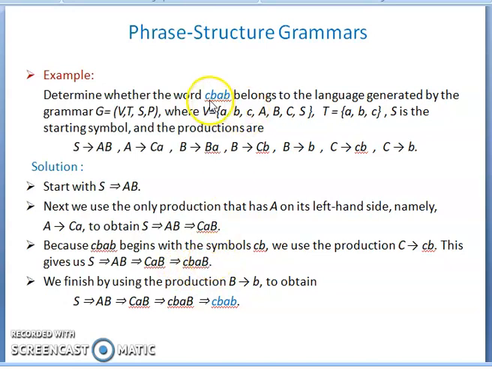Now we will get small c, small b, small a and small b also. Instead of capital B, we require small b. So which production do we use? Instead of capital B, you take the production and substitute small b in place of capital B. So finally you will get small c, small b, small a, small b. This is the final word. You can derive this particular word from the language generated by this phrase structure grammar. We use these productions to determine whether this belongs to the language or not.